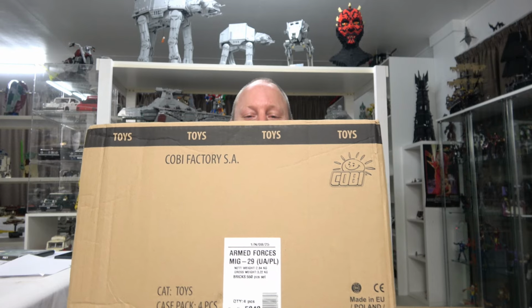So I have more Kobe sets, and I can't believe how good these look, eh? And I had a great time putting those couple of planes together, those biplanes that I bought. I had a lot of fun putting them together. Now, I'm still taking a bit of a risk here, because I only built two small sets, and I've gone deep. I bought five more sets. Now, there's four in that box,